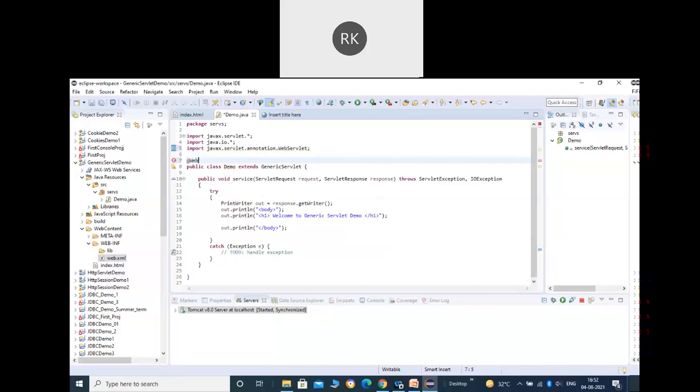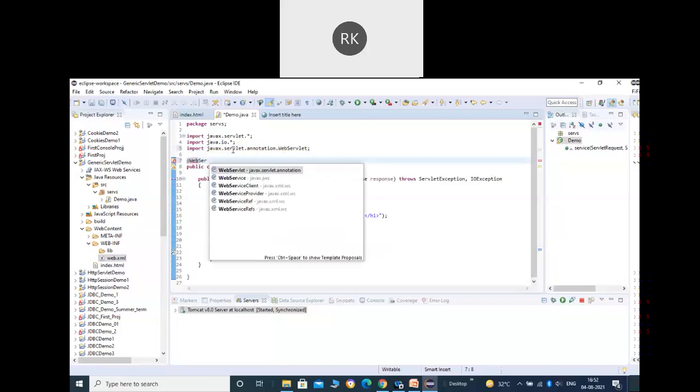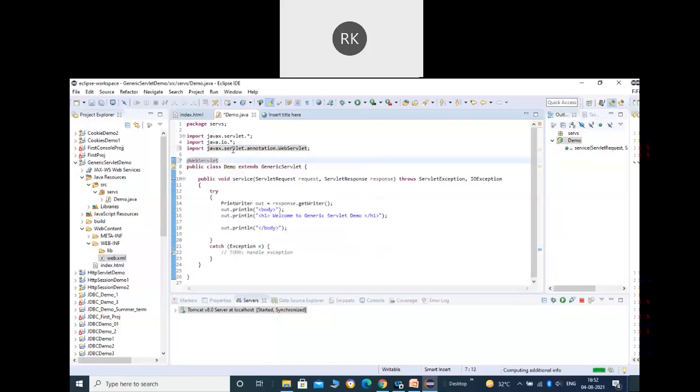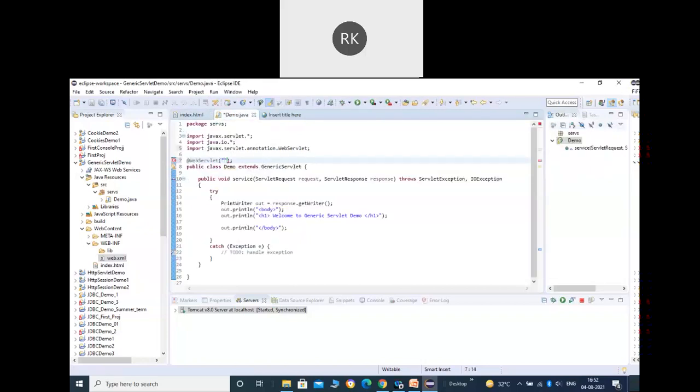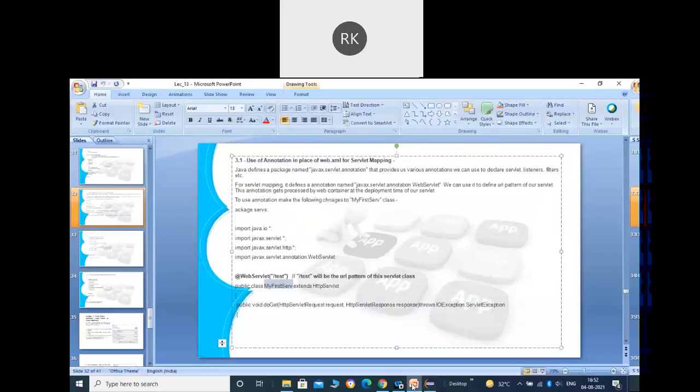All right, let's try to do it. First of all, import javax.servlet.annotation, and from there WebServlet. Now how can we apply the annotation?